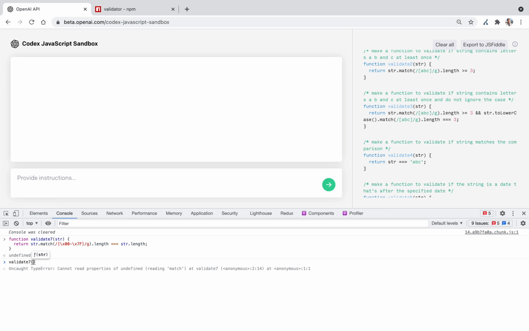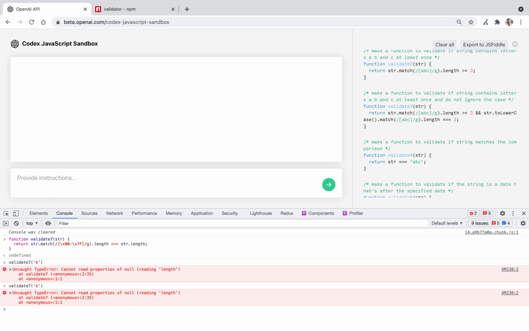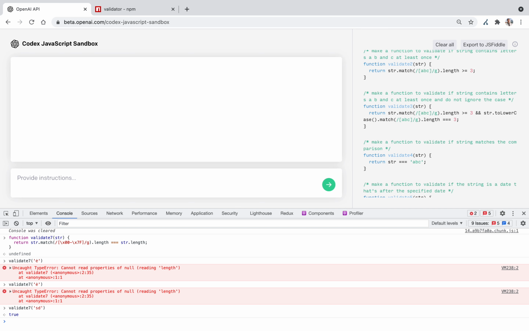Validate 7, and let's put in some string. Reading length, string match. Oh, okay, so it is not checking, cannot read the property of null. No, it's true, but it is not catching the error. How about